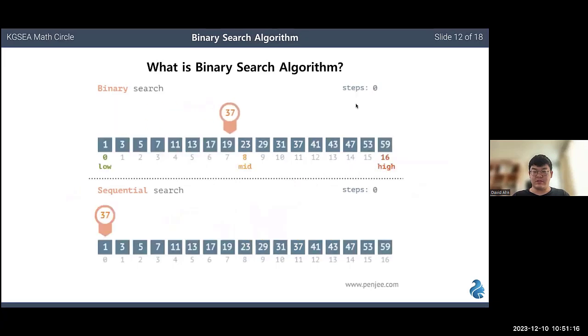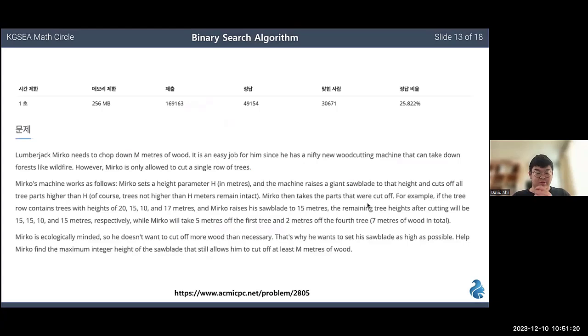You can see the steps compared. Now, let's try to solve a coding problem using the binary search algorithm. This problem is called Echo. The problem says,